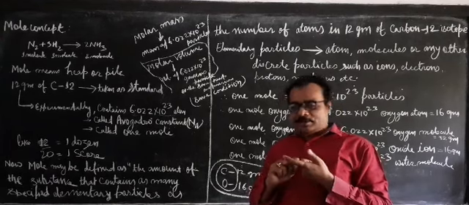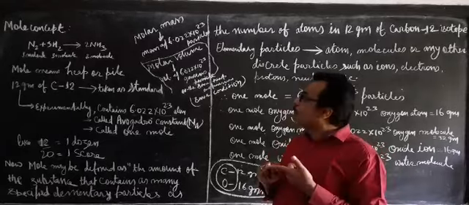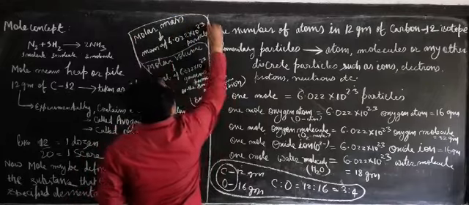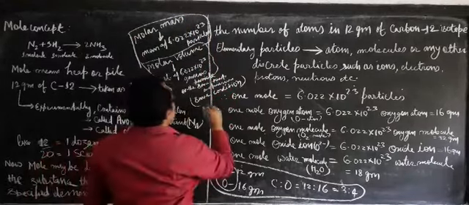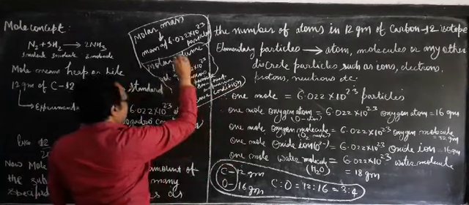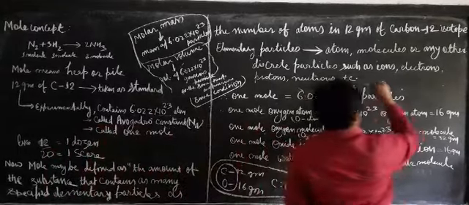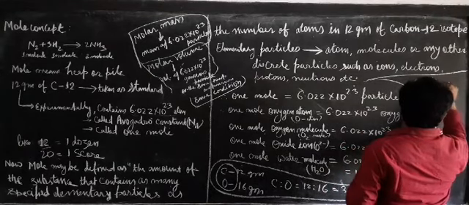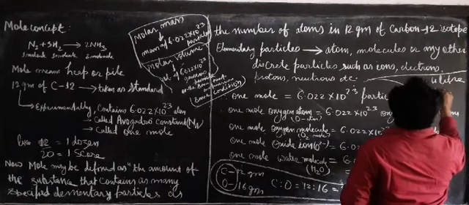For a molecule, it would be molecular mass. Molar mass means the mass of 1 mole. Now, one more thing you know, this molar volume. It is very significant. This molar volume is found to be 22.4 liter at STP.